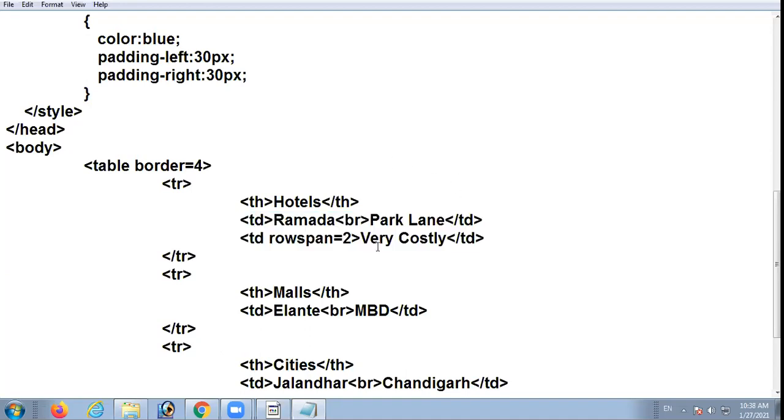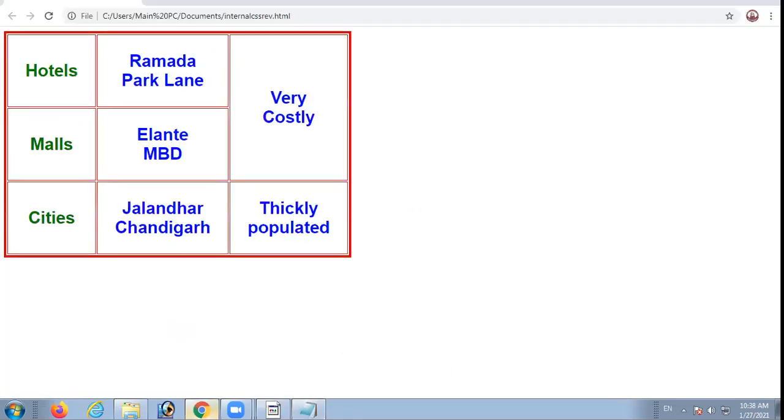Am I clear? So now these two hotel names, Ramada and Park Lane, I want in separate lines. So I have taken the BR. Right? Then this next concept, very costly. This is row span, because as per the table, you can see the third cell of the first row is being merged with the third cell of the second row.